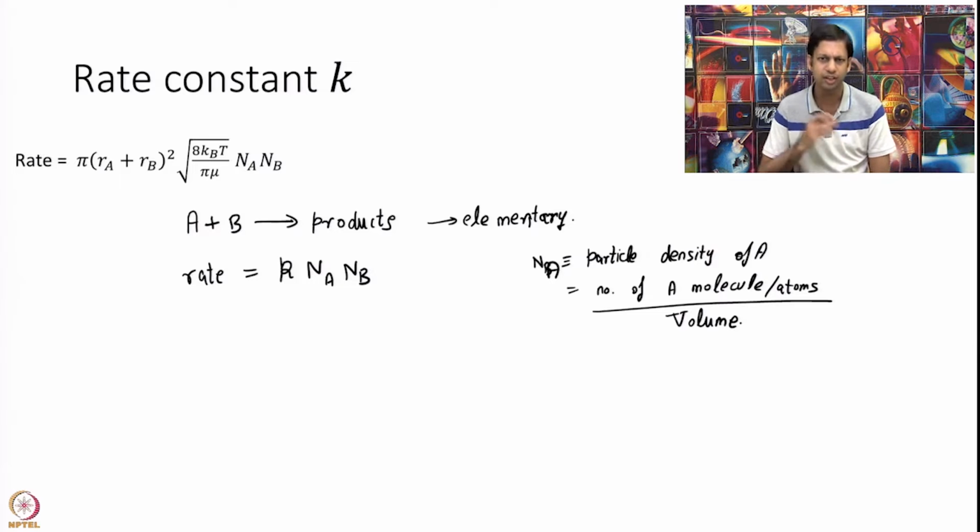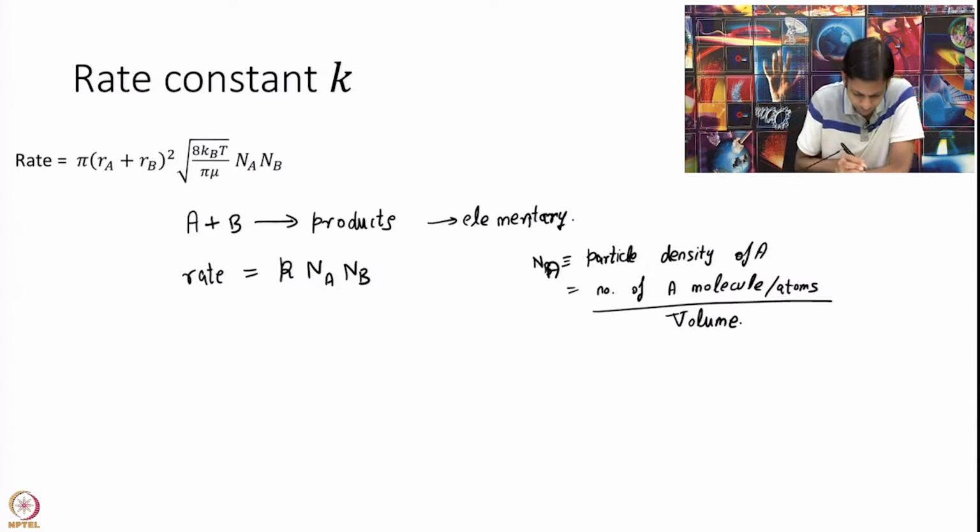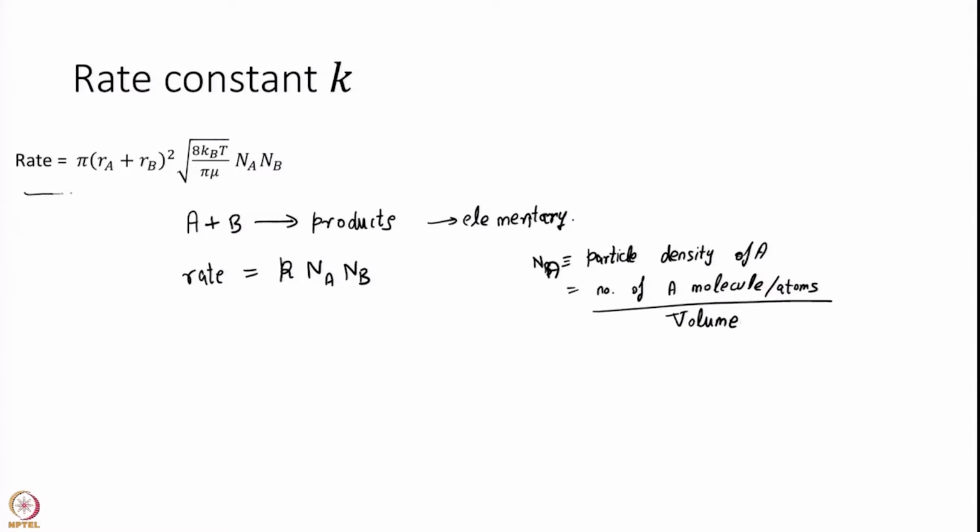So, as long as we are talking in the language of Na and Nb, rate will become equal to k Na Nb. You can go back to the first module and the definition of rate, which is d of extent of reaction over dt, and you can identify that to be the same as this. It is really the same thing, it is just a transformation. Then you notice that the rate I have calculated is this. So, if I compare these two, I can easily get